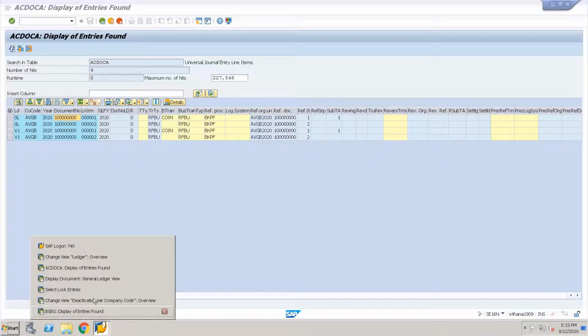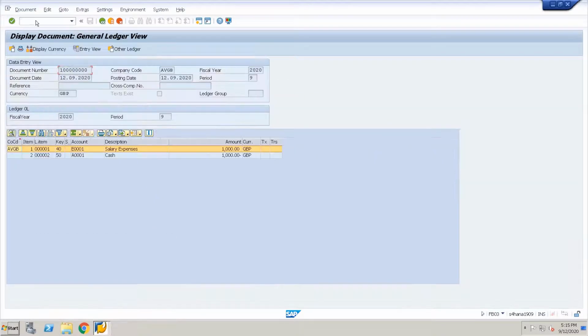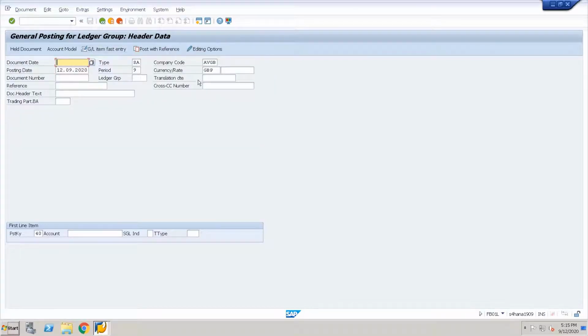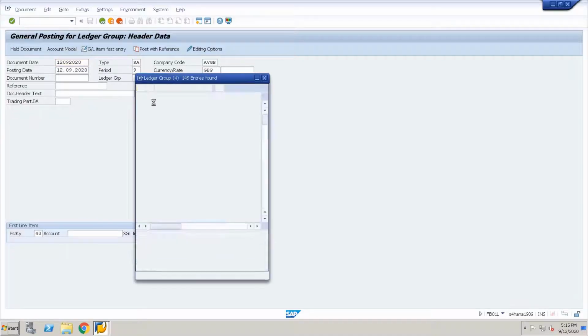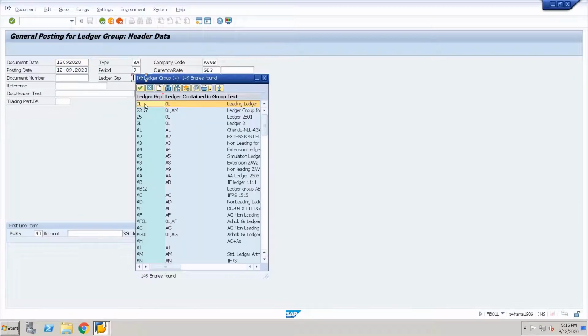So now let us go back and post a document specific to a ledger. In order to post a document specific to a ledger, let us go to FB01L. In this one, we can give the ledger group or the ledger onto which we want to post. Again, document date, let us take today's date, and this time let me post only onto the leading ledger for my company code.